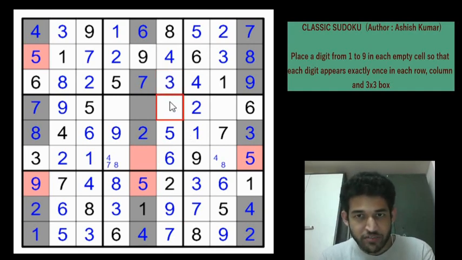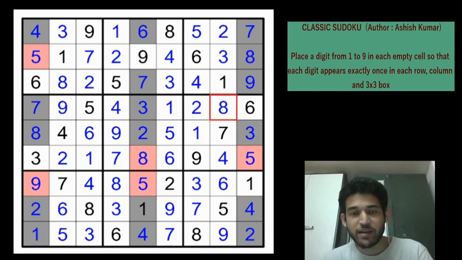So along column 6 we have only 1 left now, 1 will go here, and along column 5 we have 3 and 8 left now, so 3 can't be here in row 6, so this will be an 8 and this will be a 3. 2, 3, 8, 9, 1, 5, 6 have been placed. Remaining digits are 4 and 7. 7 is in row 4, so 7 would be here and 4 would be here, and 2 cells left in box 6 are 4 and 8, so 4 would go here and 8 would go here, and that completes this